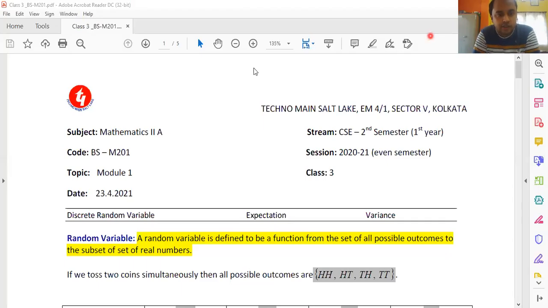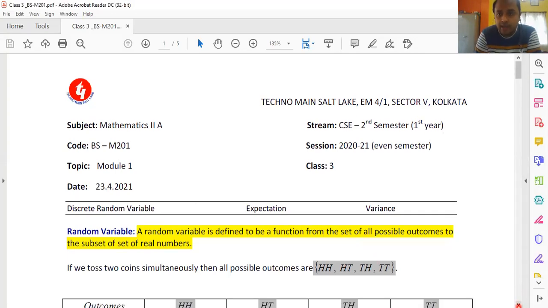So my today's session will be on the discussion of discrete random variable, expectation, and its variance. Okay. So I hope that you all are able to see my presentation. I have not uploaded this note yet in the Google Classroom. So after the class, I will do so. So this particular topic is very important for the understanding of all the remaining topics of the syllabus. Okay. Later you will understand why I am saying so.